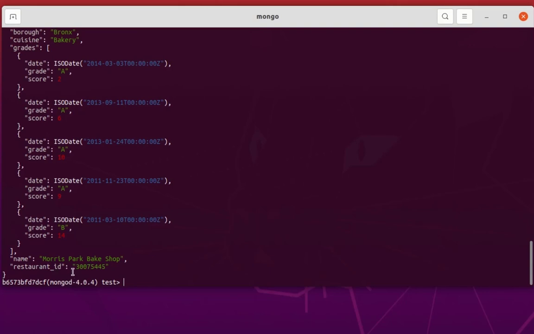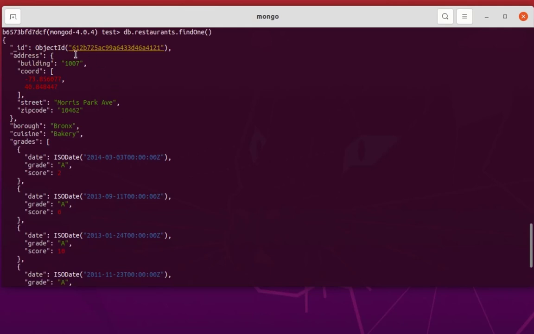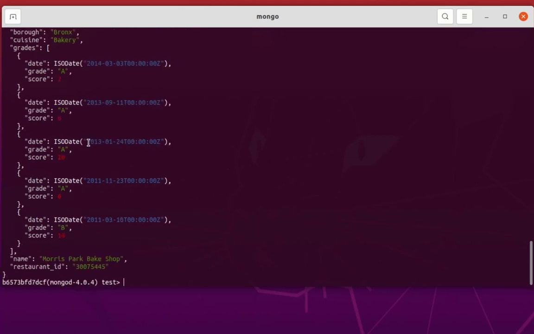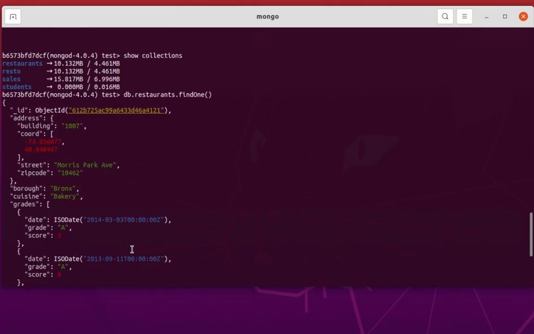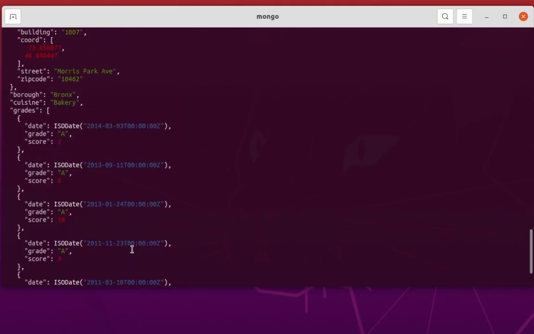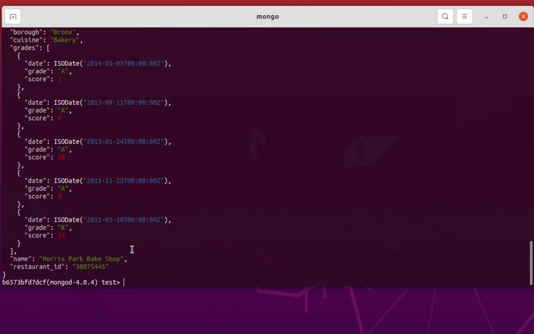These fields are simple because they are not nested, unlike, for example, the address field which contains nested fields like building, coordinates, street, and zip code. So bear in mind that we have some simple fields and also some nested fields in our documents. As I told you, this is just the first document, but we have quite a lot of documents,